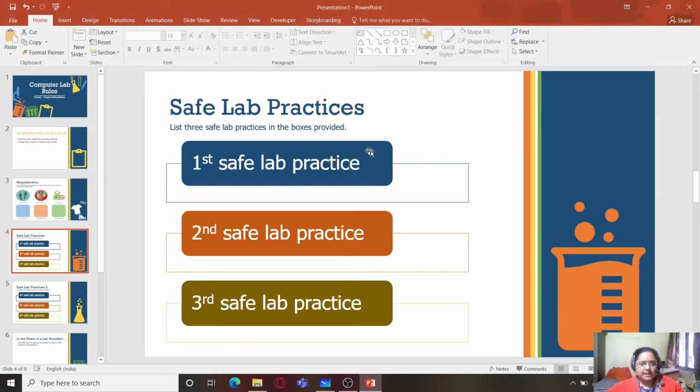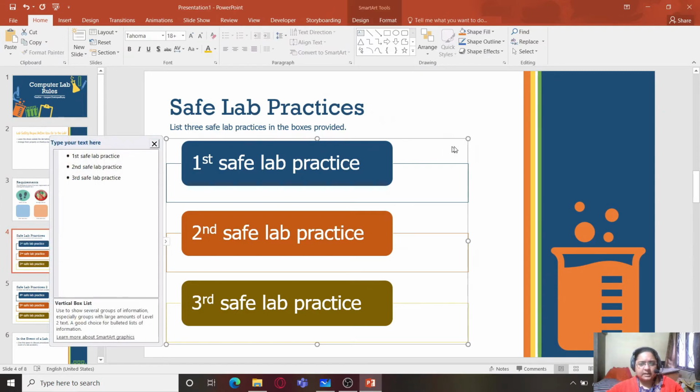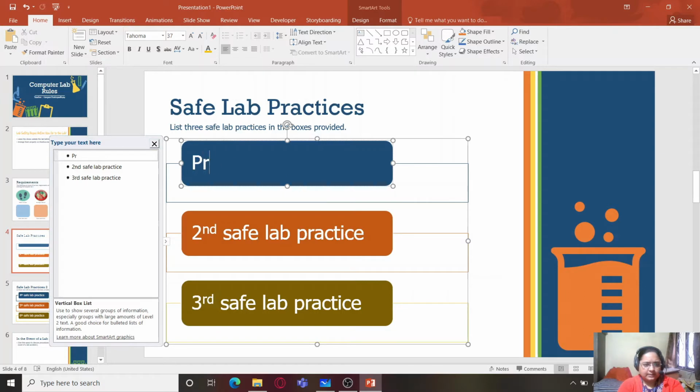Then in the third slide, you can already see this is a SmartArt list graphic which is inserted. Here also you can change the text, like any safe lab practice. Properly shut down the computer.